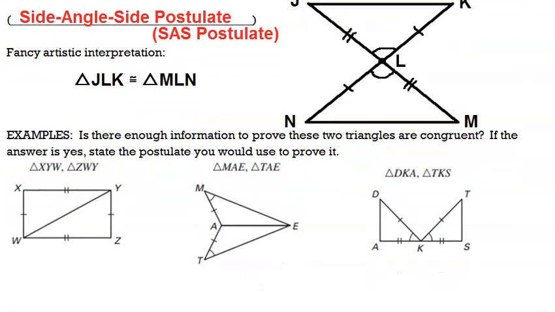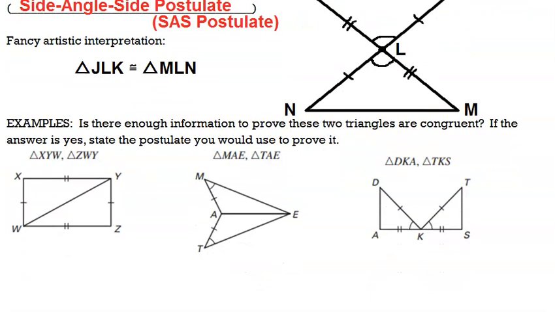All right, now a couple quick examples. Is there enough information to prove these two triangles are congruent? If the answer is yes, state the postulate you would use to prove it. So I'm going over here, and we have a matching side here and here. We have another matching side here and here. Does the third side match? In this case, the answer is yes, the third side matches because it is shared throughout both